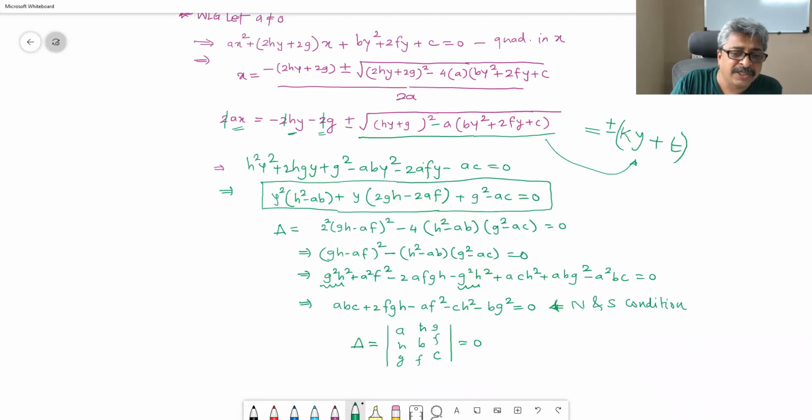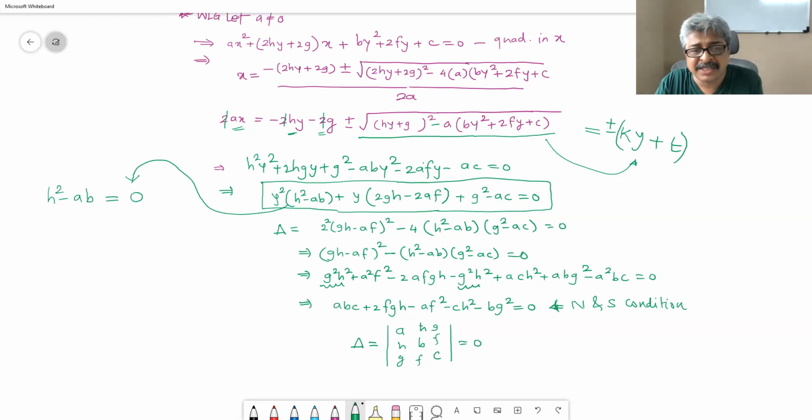So in other words, what we are saying is, if it is not quadratic in Y, that means H square minus AB is equal to 0. If H square minus AB is equal to 0, then this expression will not continue to remain quadratic in Y. And if it is linear in Y, something like ky plus t inside the radical, then forget about having two pair of lines, because this is not a complete square. You will not get a perfect square; you will end up getting square root of Y somewhere or the other. This is the final simplification of this term inside the radical.